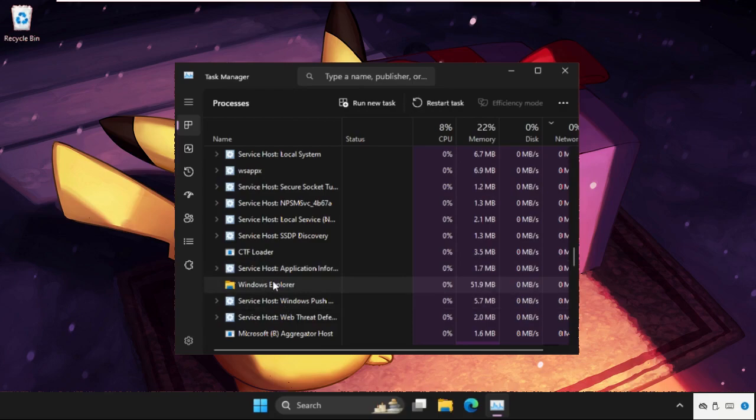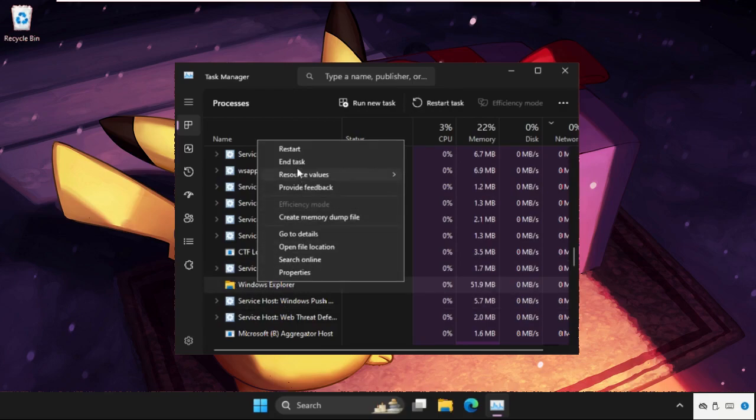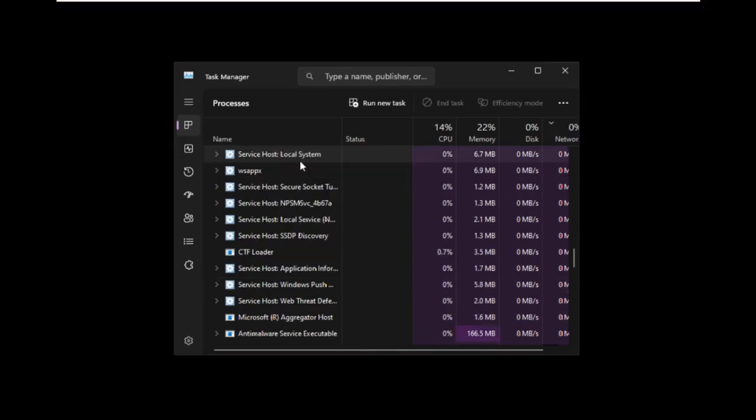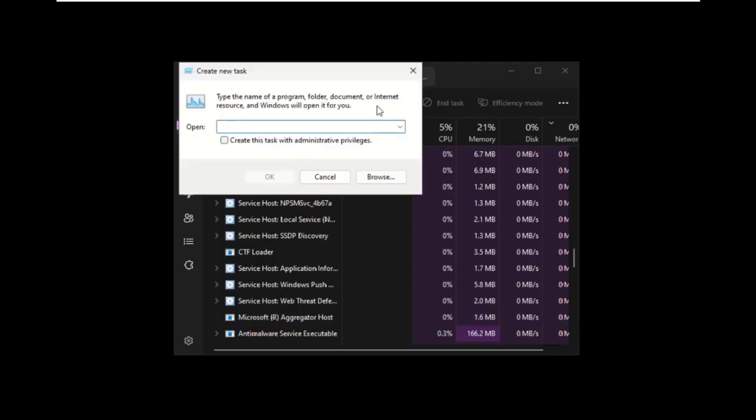Here it is, Windows Explorer or File Explorer. So right click on the Windows Explorer and click on End Task. So you can see the changes. The background is black, so I will click on Run New Task and then we will type here explorer.exe